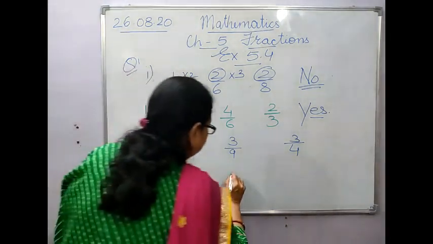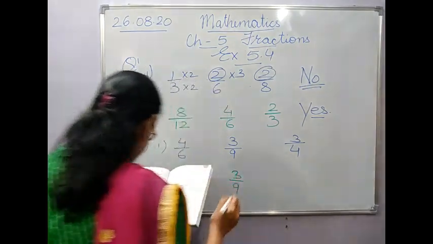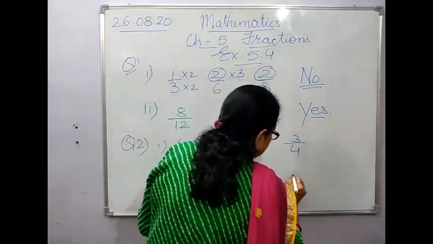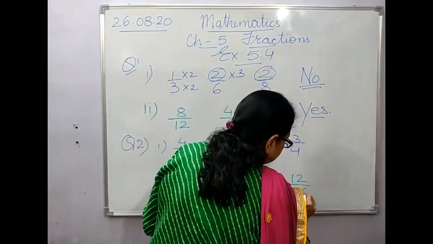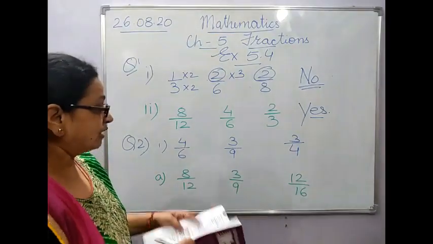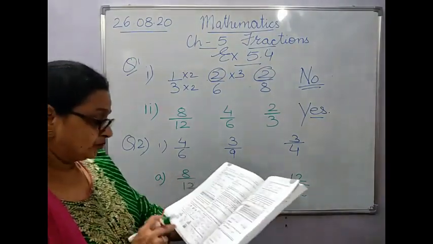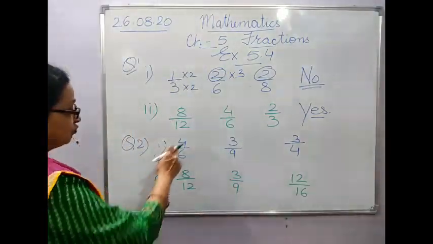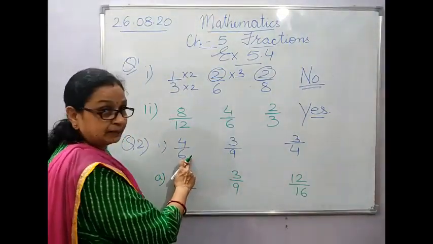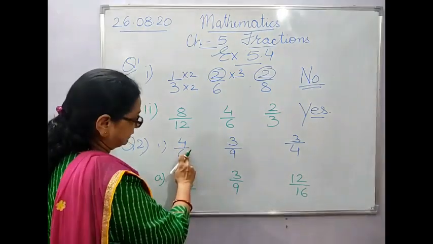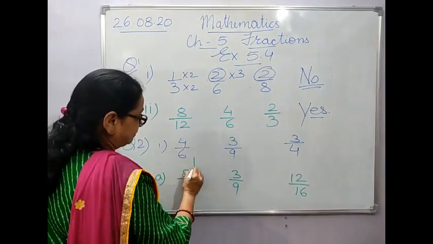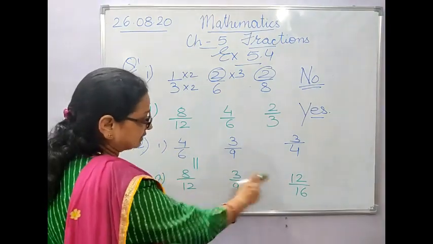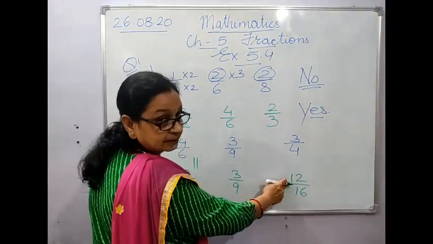Then in this, 9 parts are there, 3 are shaded. And in this, 12 are shaded out of 16. Now you have to match them. According to the figures, you first take out the fractions and you can find out. Now see here, if you multiply both 4 and 6 by 2, 4 twos are 8 and 6 twos are 12. That means they match together, they are equivalent. Otherwise it can't match with any other.